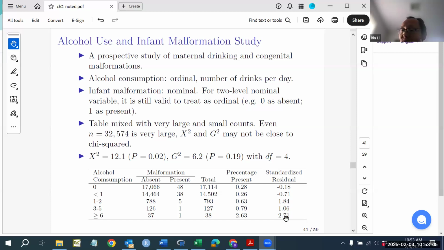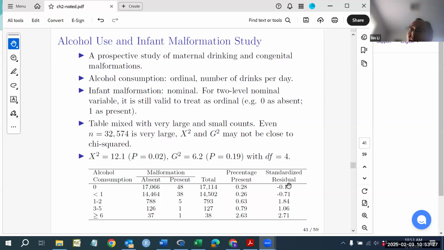So that means, if there's no association between the alcohol consumption and malformations, you can see the residuals are increasing when the alcohol consumption is increasing. So that means the expected